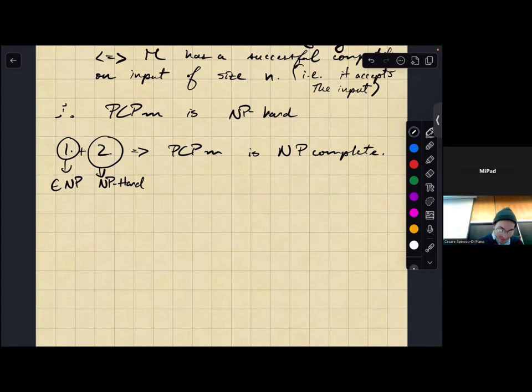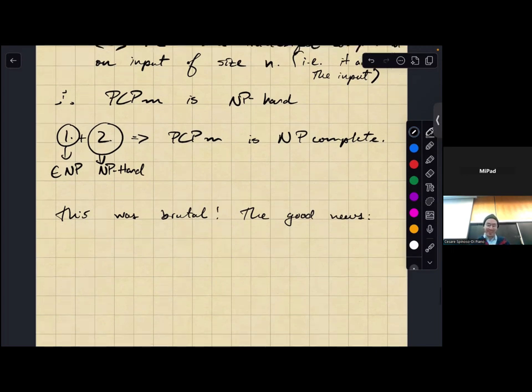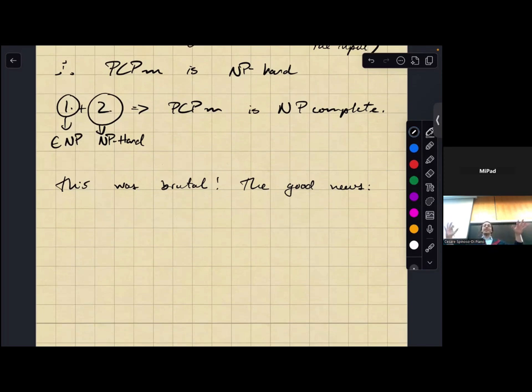Okay, so this was brutal. So in general, the good news is that we don't have to go through this excruciatingly difficult process of taking an arbitrary instance in NP and then reducing it to the problem you have, because